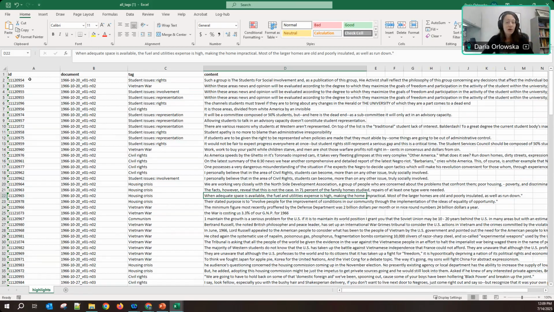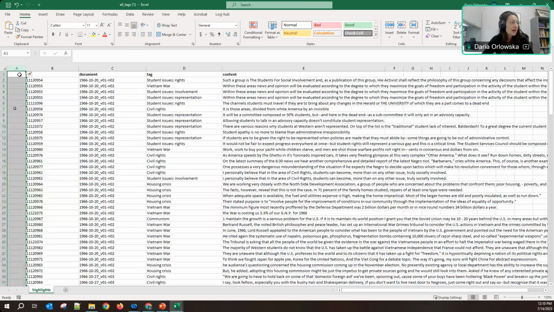And so if you are working on two different projects, you are going to export this information, right? And then you'll have two different spreadsheets. You can add a column and then you can add your initials in this leftmost column and then combine the spreadsheets together and then sort it so that it is very clear of who coded what.